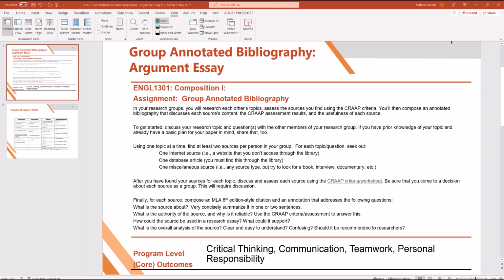You might use one internet source, such as a website that you don't access through the library. One database article, this is where you must find this through the Dallas College Library databases. And maybe one miscellaneous source, which is any source type, but try to look for a book, an interview, or maybe a documentary. Finally, for each of these sources, you're going to compose an MLA 8th edition style citation and